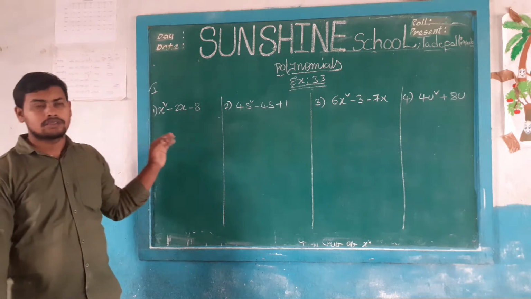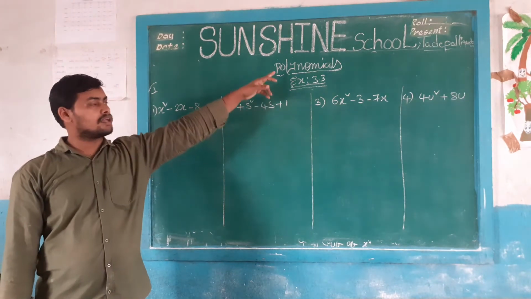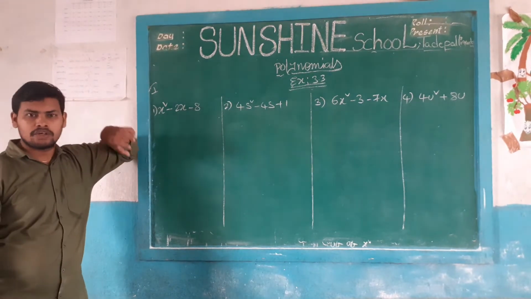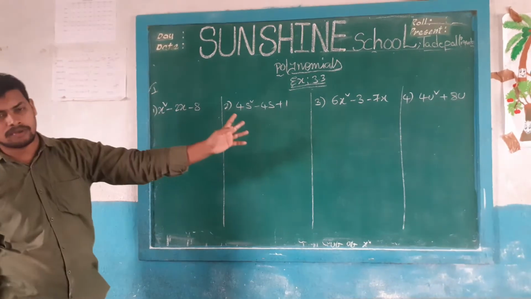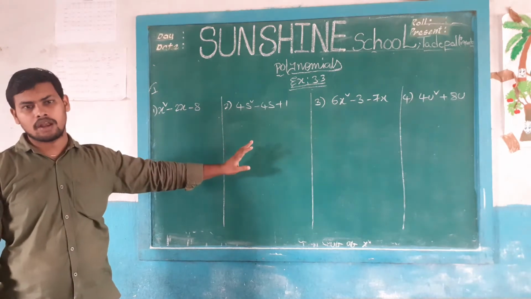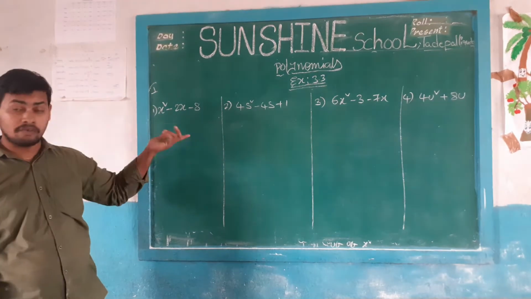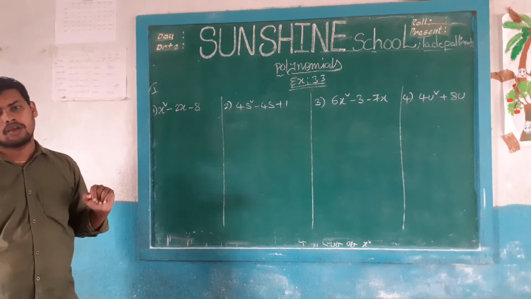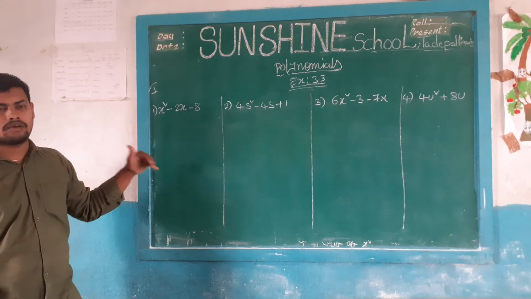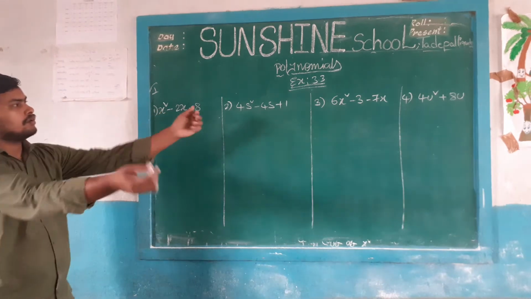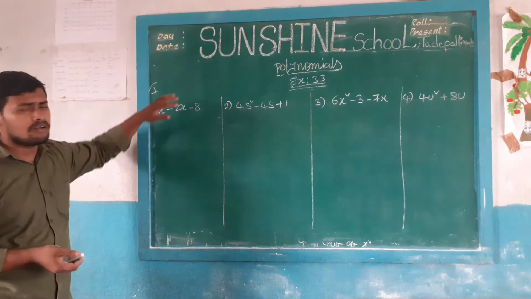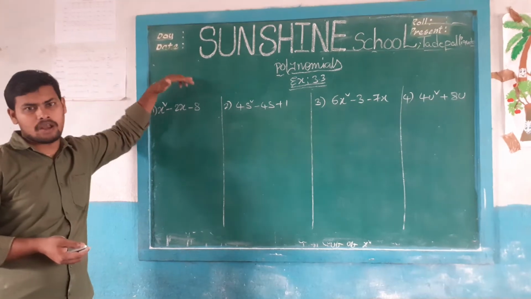Okay. So 3.3 in polynomials. Same as before: first we have to find the zeros of the polynomial, and next verify the relation between those zeros of the polynomial and their coefficients. This is the problem. So now what we have to do is first find the zeros of the polynomial.